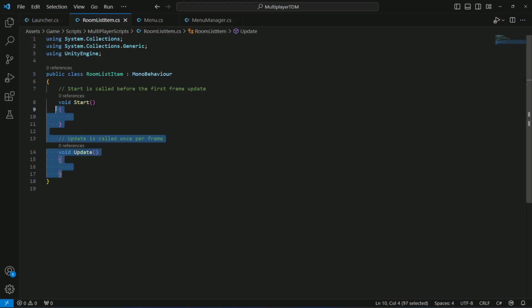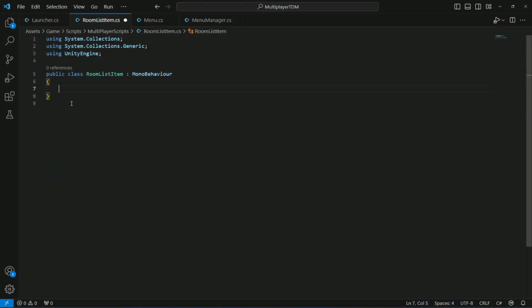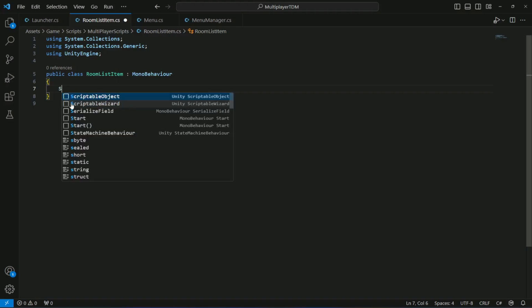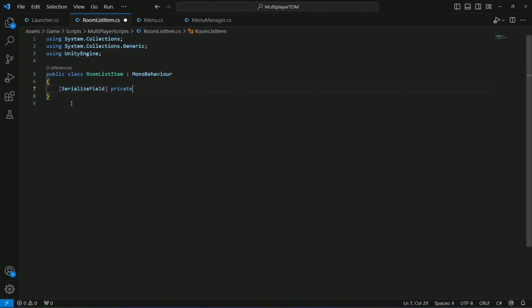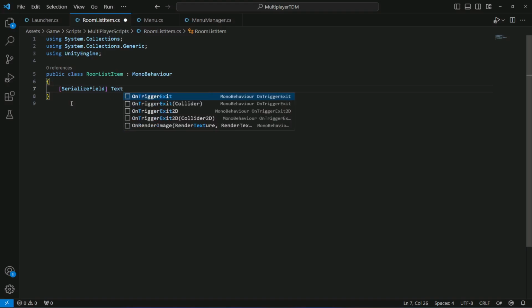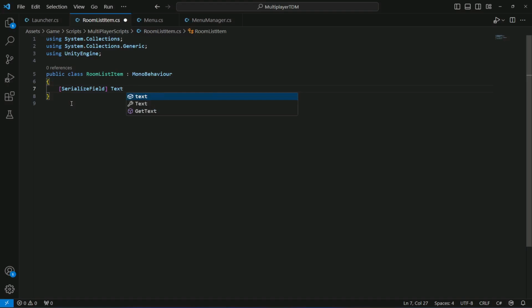Right here, we're gonna simply change the text to the room name which the player gave to the room. Okay, and then when we click on the room list item, we're gonna join that specific room. So first of all we will say serialize field, and then we're gonna say text, and then this will be our